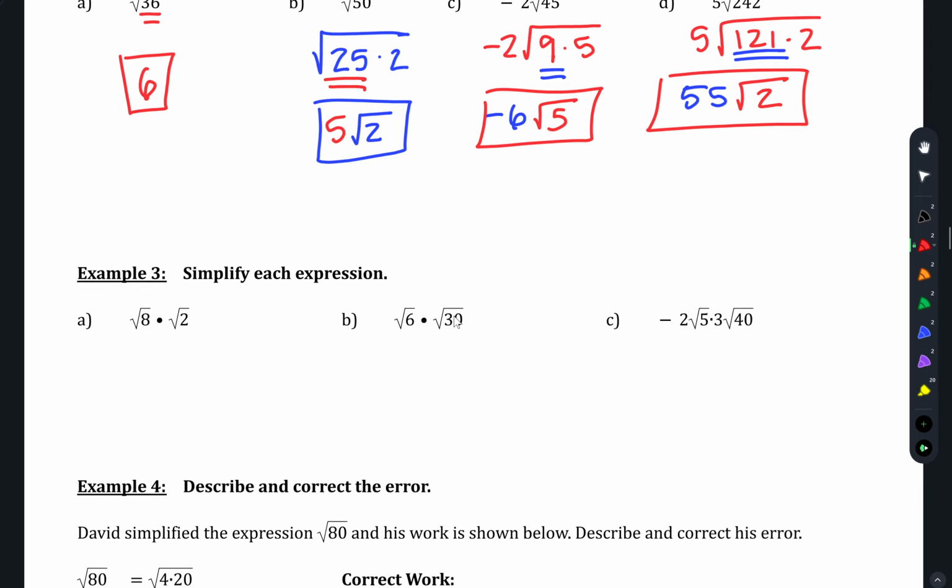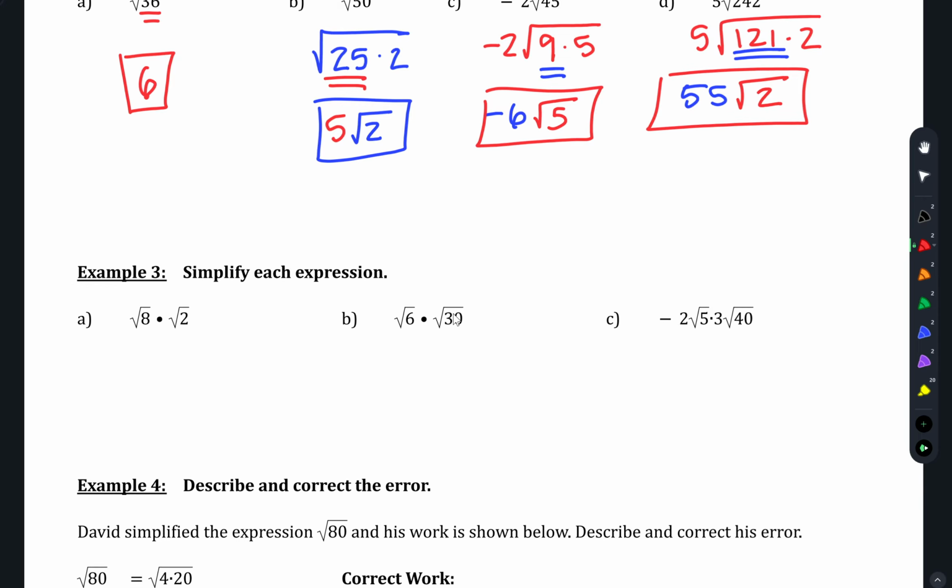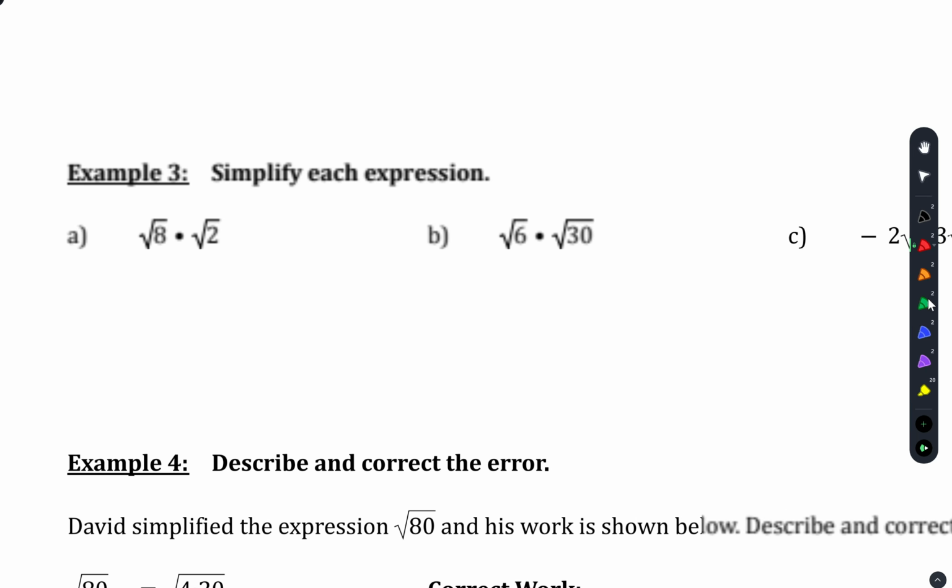So that's for our numbers, just our plain old numbers. In example 3, now we're going to make it a little bit more complicated. We're going to have to do a little bit of multiplying first. So in letter A, I can multiply these two radicals together. The square root of 8 times the square root of 2 can be rewritten as the square root of 16. 16 is a perfect square, so I know that I can just square root it to become 4 as my